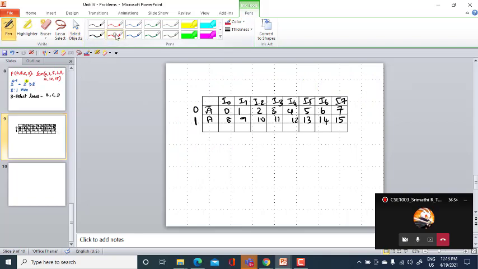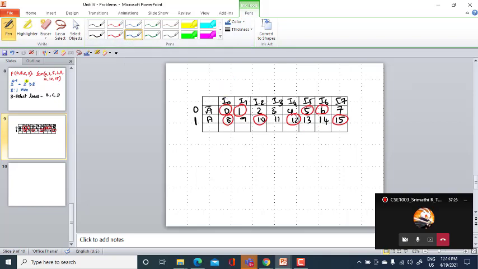So I have 0, 1, 5, 6, 8, 10, 12, 15. These things I have to encircle. After encircling, let me look at each column.